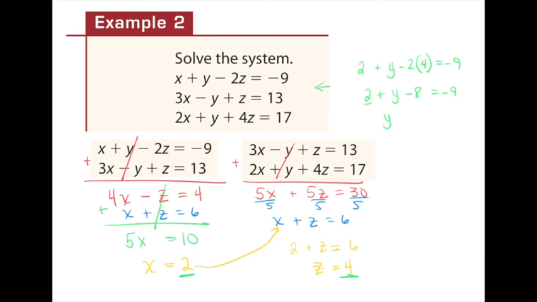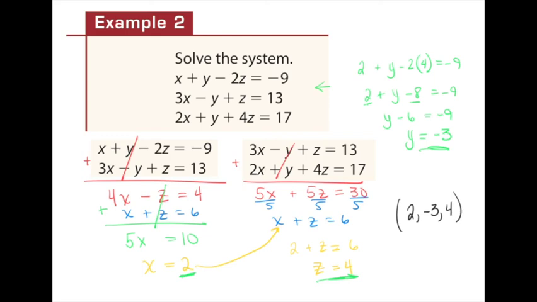Combine your 2 and your -8, we get -6. Add your 6 over, what does y equal? -3. Yep, positive and negative, okay? So now I have an x, a y, and a z, and that's how I'm going to list my answer. X, y,